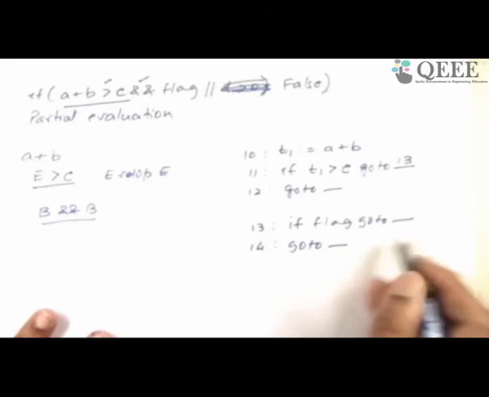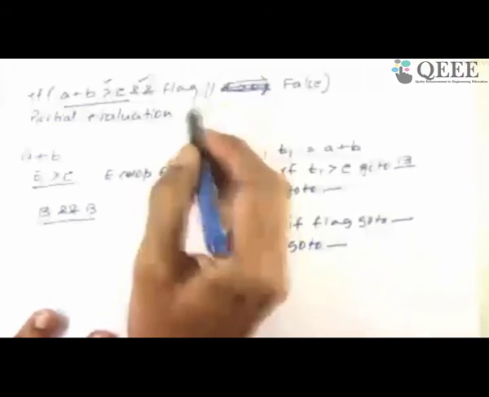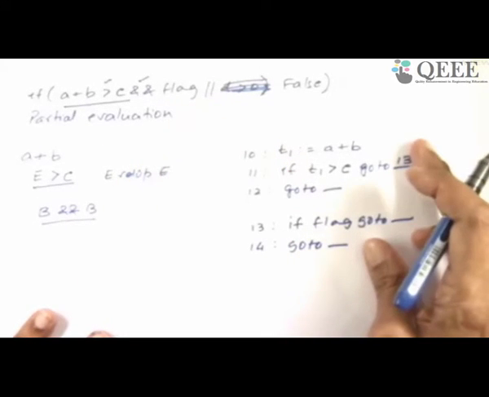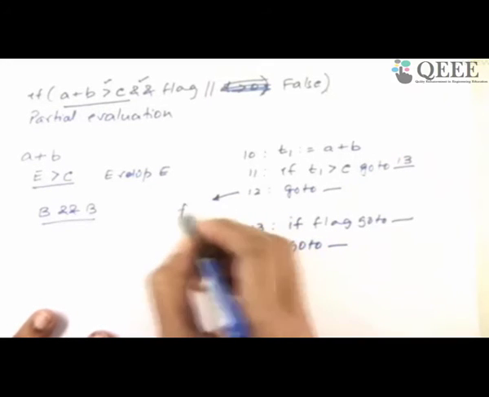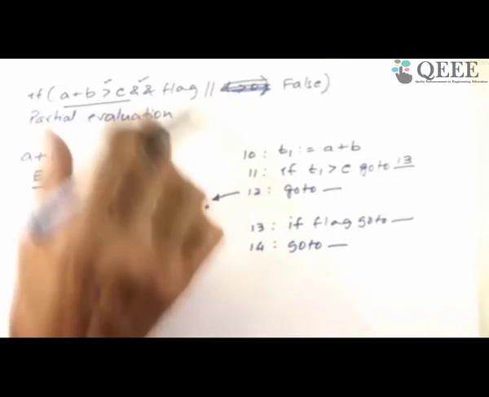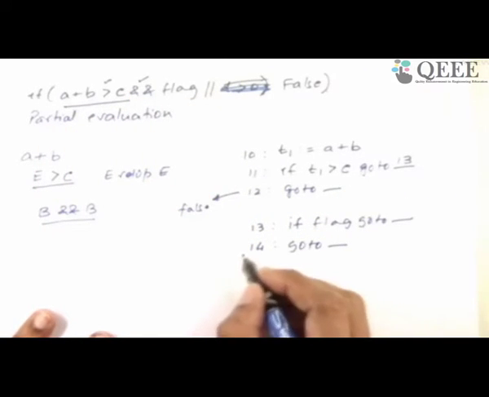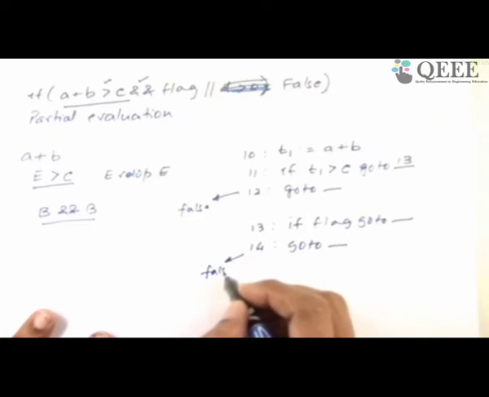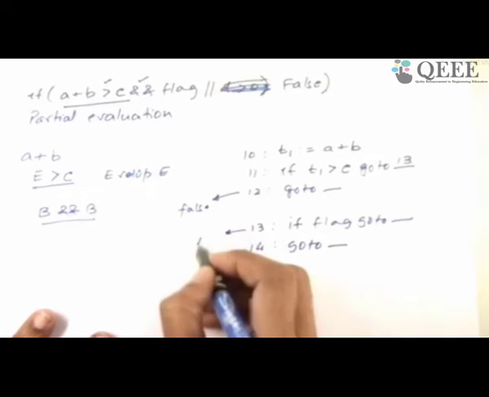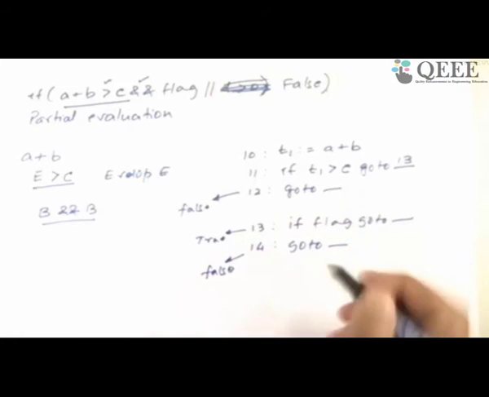When it comes over here, so now it has done this. At this point in time, there is one place at which the expression is false. Here the expression is false. The connected statement, B and B is false at 12. B and B is false at 14. And B and B is true at 13. I have to note all of this down. That is the job of my partial evaluation grammar.